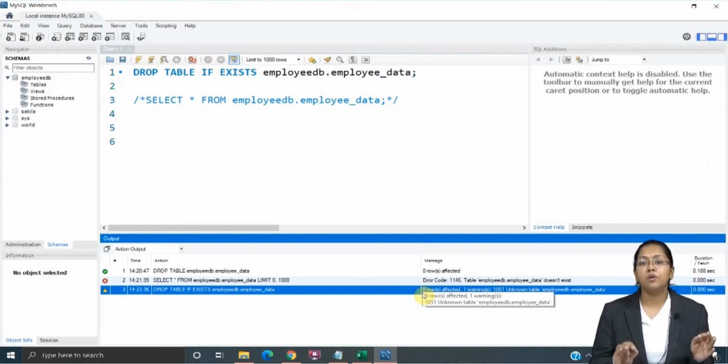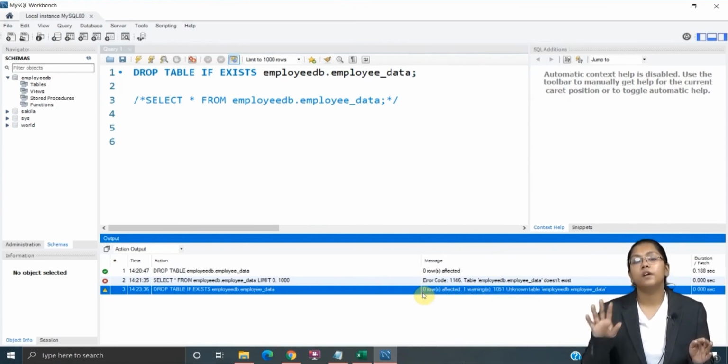So this is how you can build your drop command. Right? So this is the new command of your DDL command, that is your drop command, and using drop you can delete the complete table with its structure too. Remember this, this is a very important point to be noted. Drop means what? It helps us to delete the particular table specified with its complete structure. It doesn't leave anything behind. Okay, so this was all about your drop command.